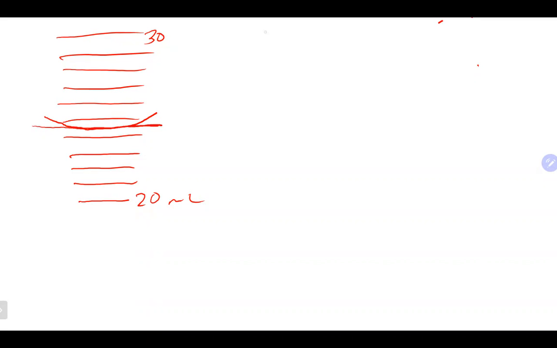We would look here and see that in terms of the big markings,